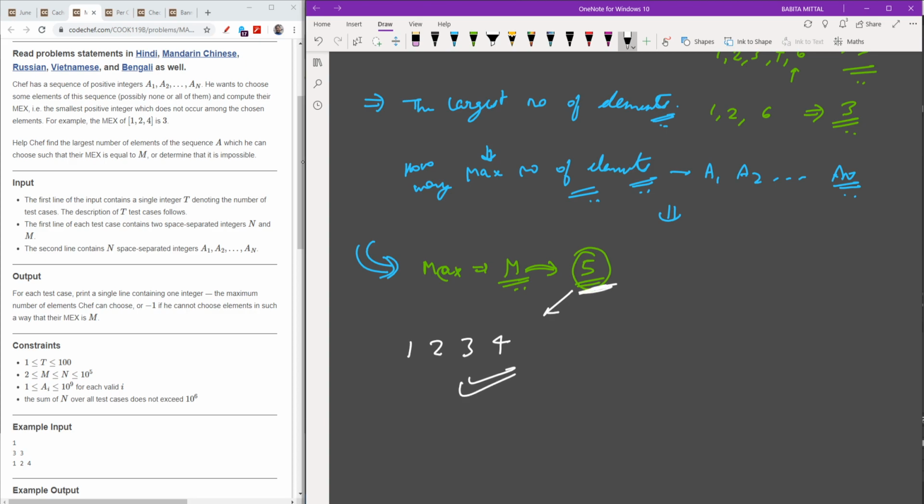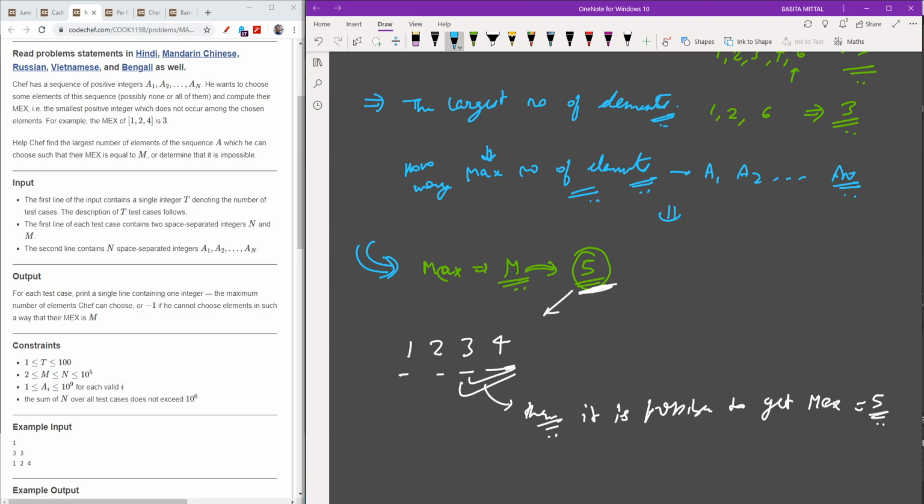If I have 1, 2, 3, 4, then it is possible to get MEX as 5. See, 5 is for example only. You can also opt for M. So in terms of M, I should have all the values from 1 to M minus 1 available.